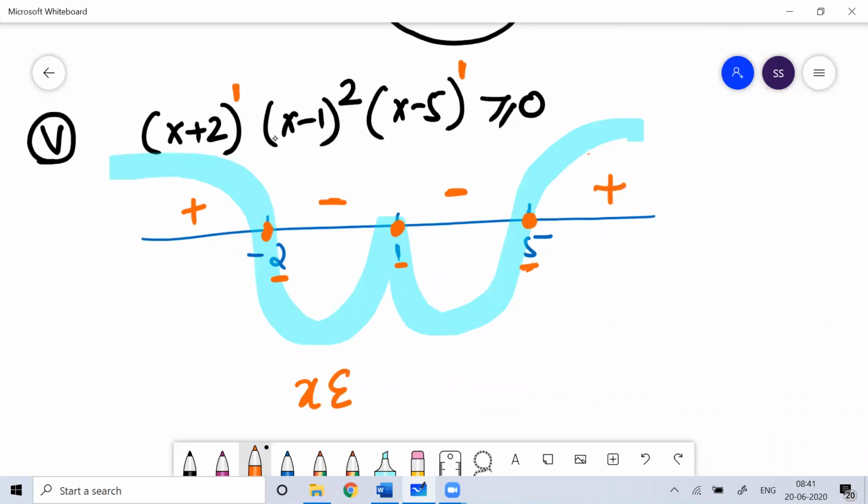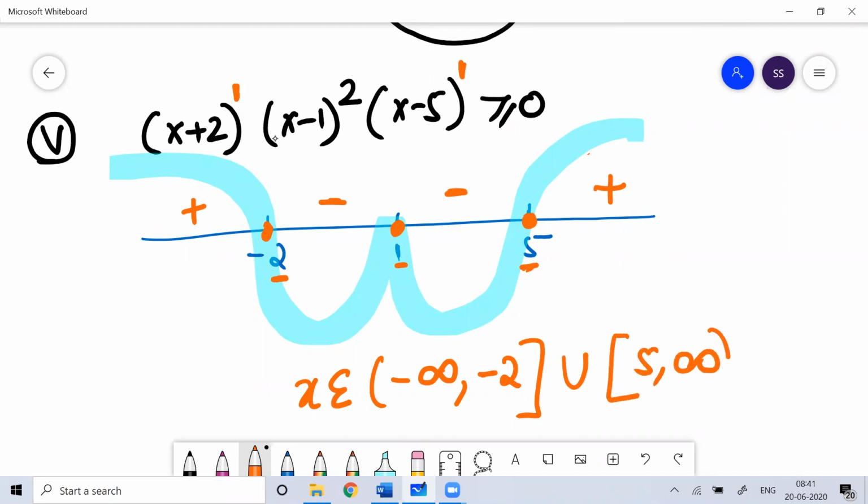You are looking for greater than or equal to. So it will be from minus infinity to minus 2, close bracket, union of 5 to infinity. If you notice here, 1 should also be part of the solution. So you can write union of, and you're adding only one value, that is 1, so we'll write it under curly brackets.